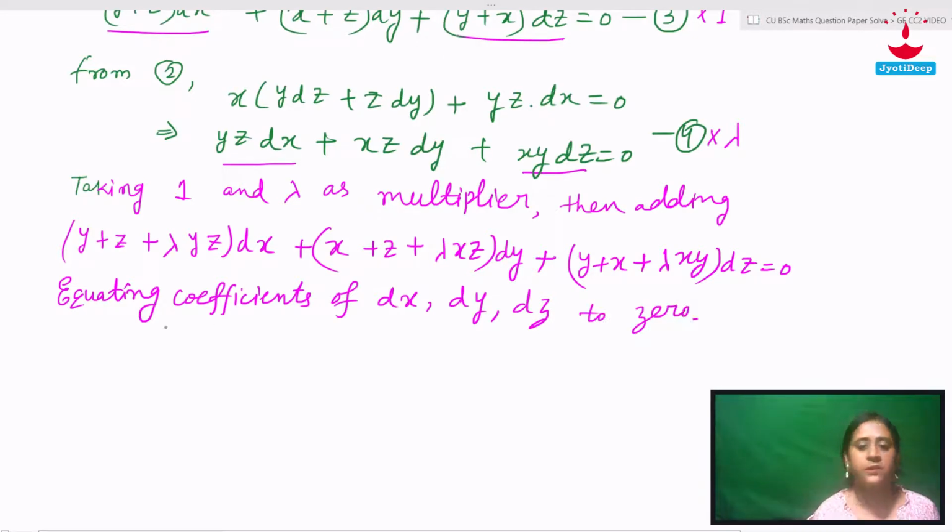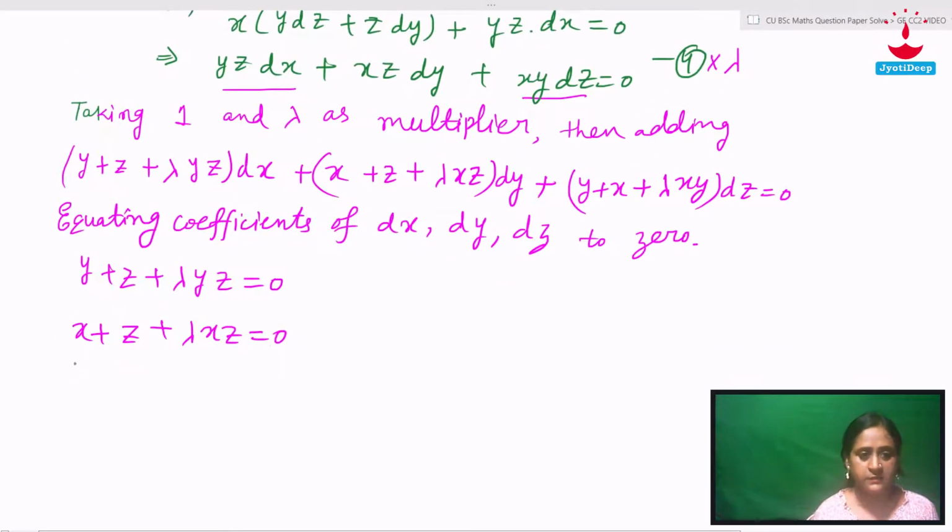What we will get? y plus z plus lambda yz equal to 0, right? Here x plus z plus lambda xz is equal to 0, and y plus x plus lambda xy is equal to 0. Okay, this implies